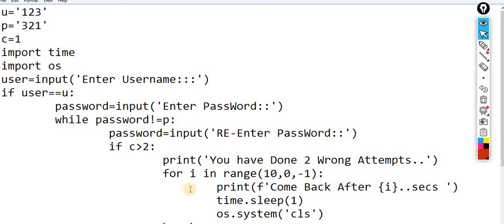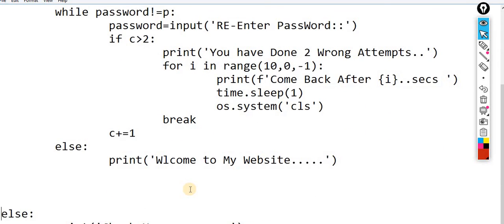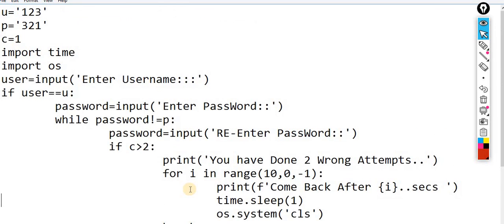First time it's 10 seconds. Next time if you do the entire process wrong, then again it will hang you for 40, and so on and so on. So this was the complete solution. This is what happens whenever you enter the wrong username and password 2 times or more than 3 times. Any question? Because I know you won't understand it clearly.